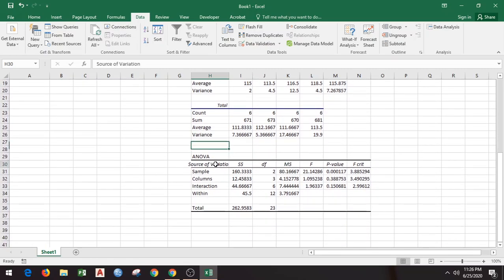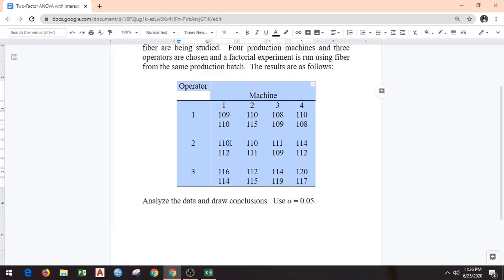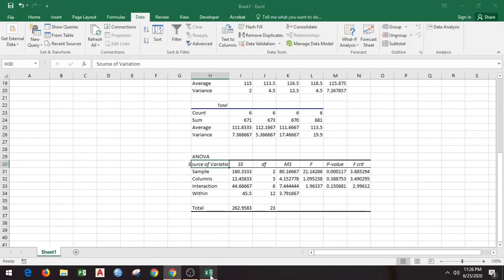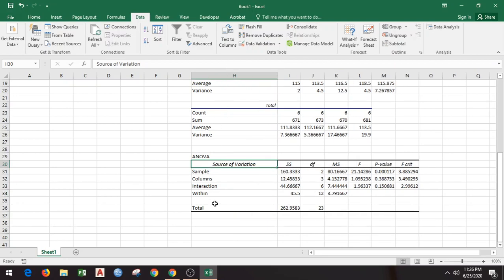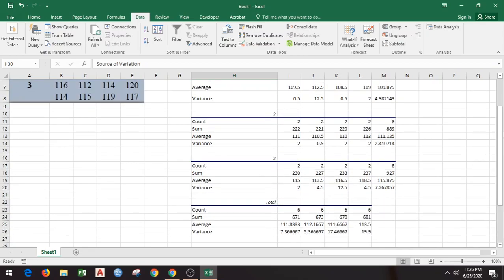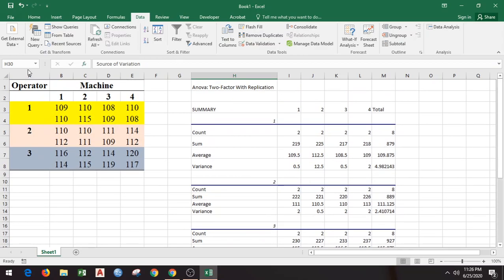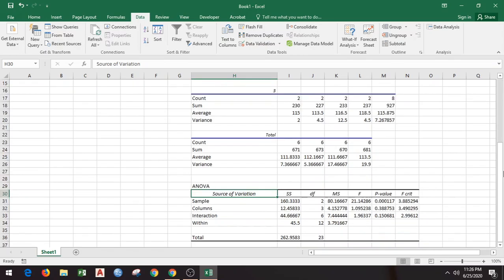So source of variation, these different numbers, these different observations, the variance in these numbers, what are the sources of that variation, right? That's what ANOVA table shows us. So there are 3 sources, as we know. Sample meaning, in our case, sample is like they are referring to rows, so that's the operator, right? Operator is sample 1, sample 2, and sample 3 is basically operator 1, operator 2, and operator 3. So just to make it easy to understand, I'm just going to change that language from sample to operator, the source of variation because of operator.